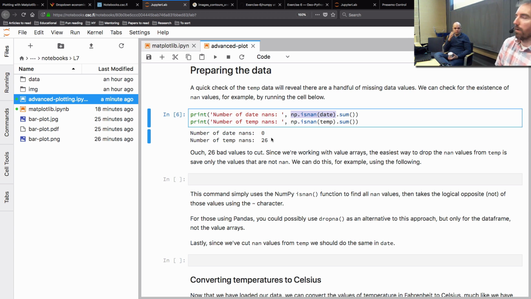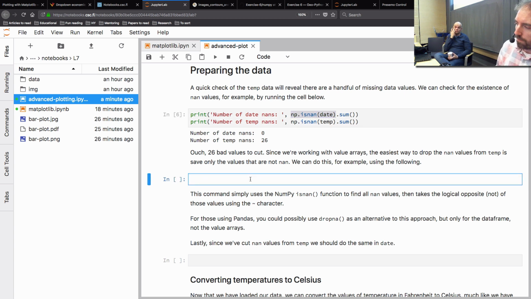Now, there are easier ways to do this in pandas if you want. Again, since we're working with this stuff in a format that we try to make so that everyone can follow along, whether you've done pandas or NumPy, we're going to clean this up the way that I've shown the students in the group that's learned NumPy, and that is to use these things called masks. So a mask is essentially a true or false array that allows you to easily remove values from your list of values. So we could create a variable called temp_mask,